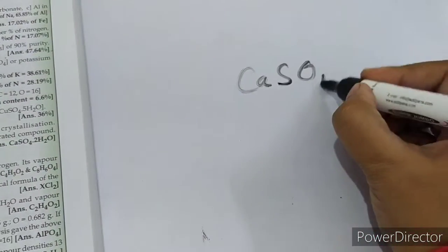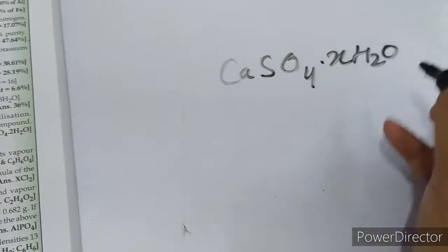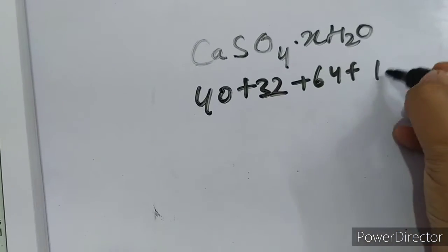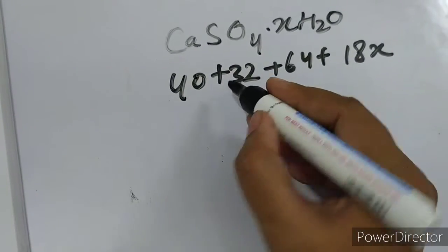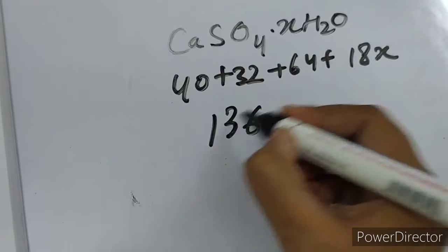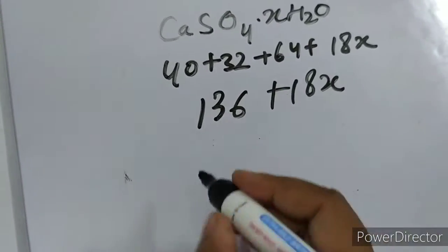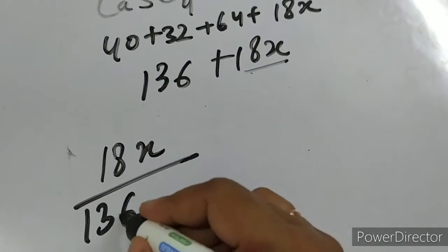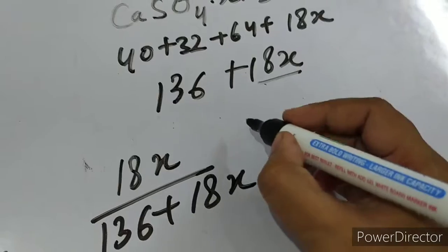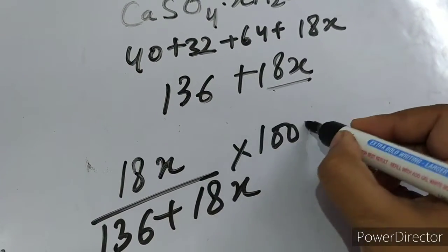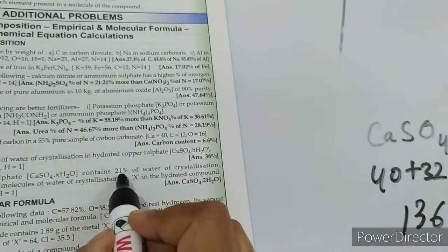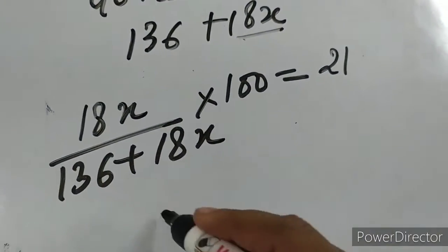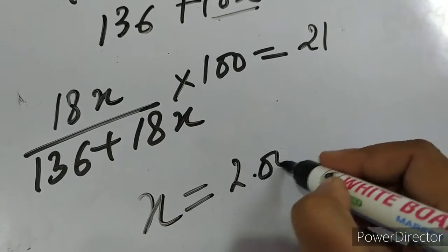So just find the molecular weight of calcium sulfate, that is 40 plus 32 plus 64 plus 18x. That is you will get 136 plus 18x. So the weight of water of crystallization is 18x. So 18x divided by total weight into 100 is equal to, the answer has been given as 21%. So that is 21. Now if you solve this equation mathematically, you will get the value of x as 2.001